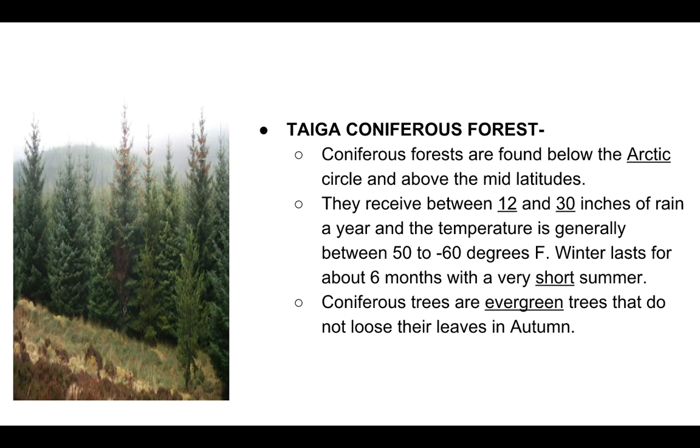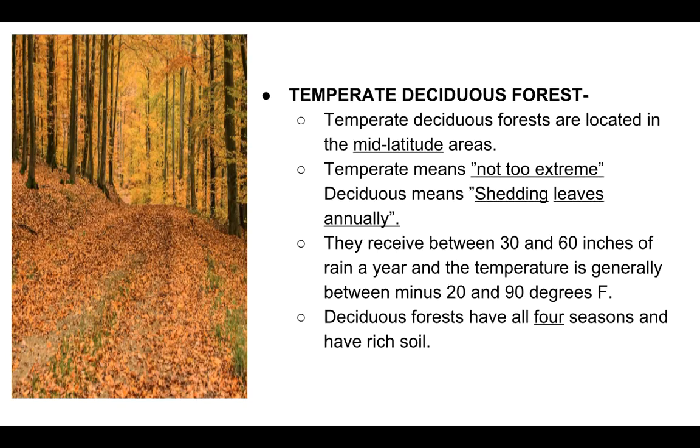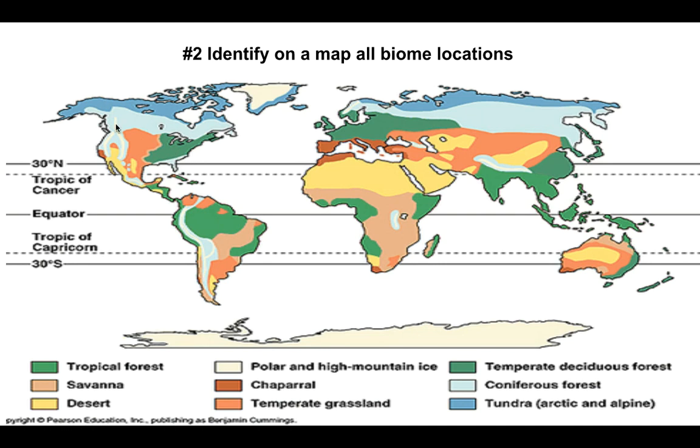Taiga, and I might pronounce that incorrectly. I am definitely using my East Tennessee accent with this. Taiga, coniferous forest. Coniferous forests are found below the Arctic Circle and above the mid-latitudes. So we can look back at our map here, and as we can see, we have those coniferous forests. They don't eat people or other organisms. Coniferous forests. Those are below the Arctic Circle